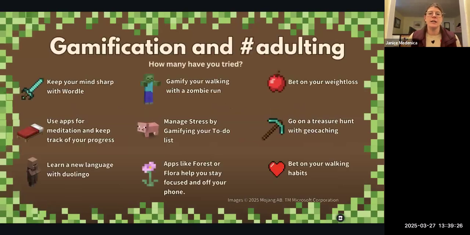So let's get started. So before we start with the definition of gamification, we have a few things here. #adulting. How many of these things have you actually tried or seen other people using? Like walking, bet on your walking habits, or keeping your mind sharp with Wordle or Globle or Hurdle, using apps for meditation, keeping track of your progress.